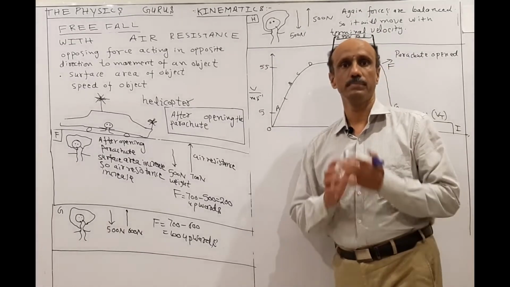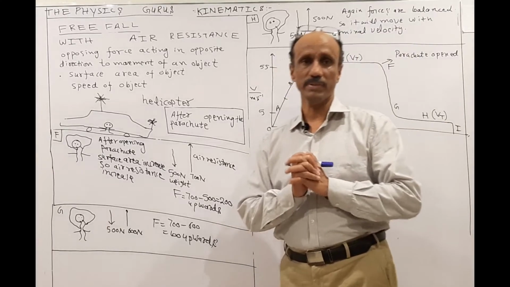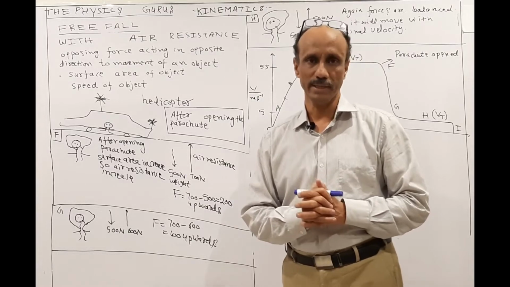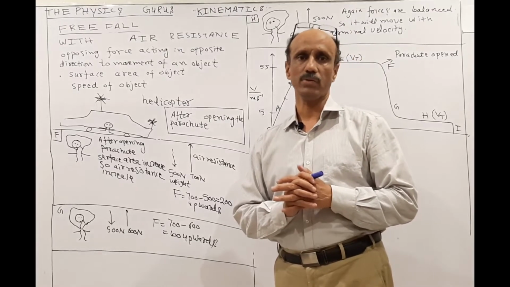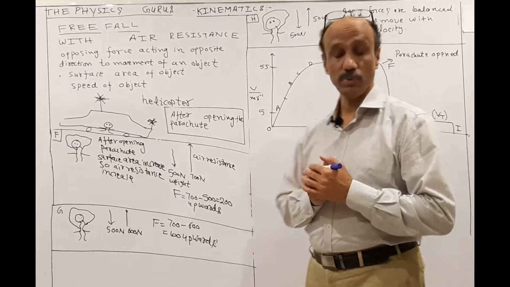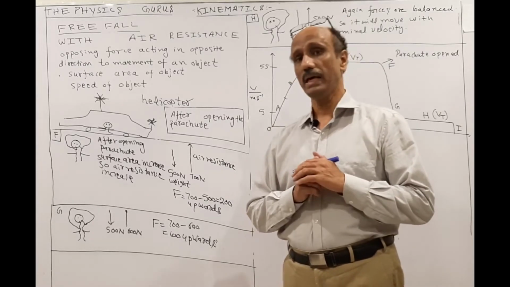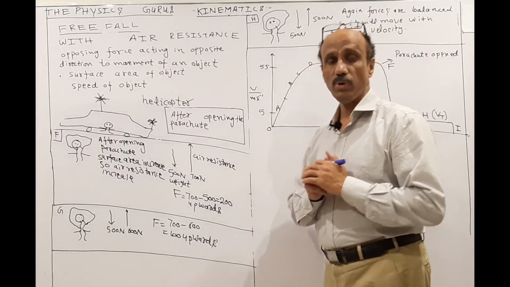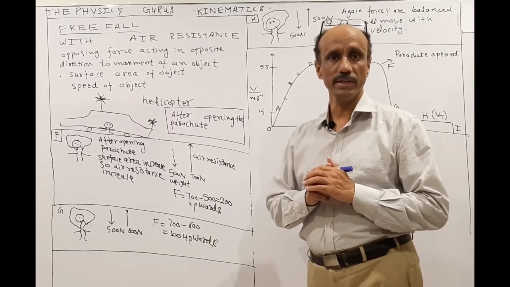Okay, students, we have already discussed so many topics related to O-Level Physics 5054, Unit 2, Kinematics. In my second last video, we covered the topic of terminal velocity, which was related to the parachutist and air resistance. Now we will discuss what will happen when the paratrooper opens his parachute.